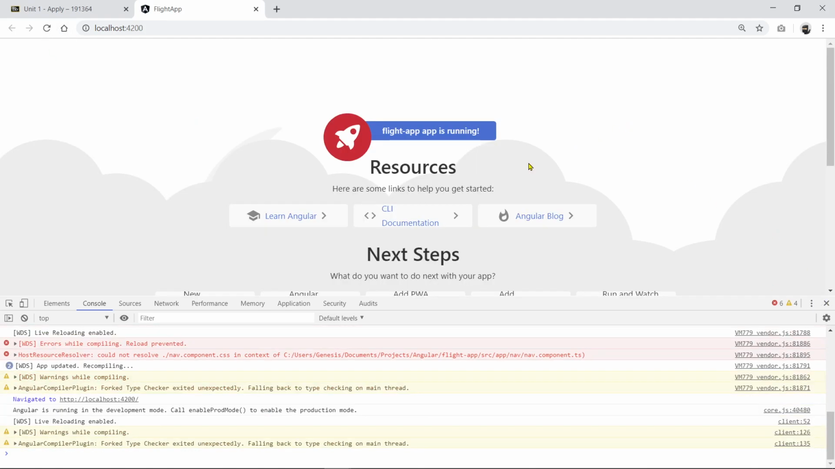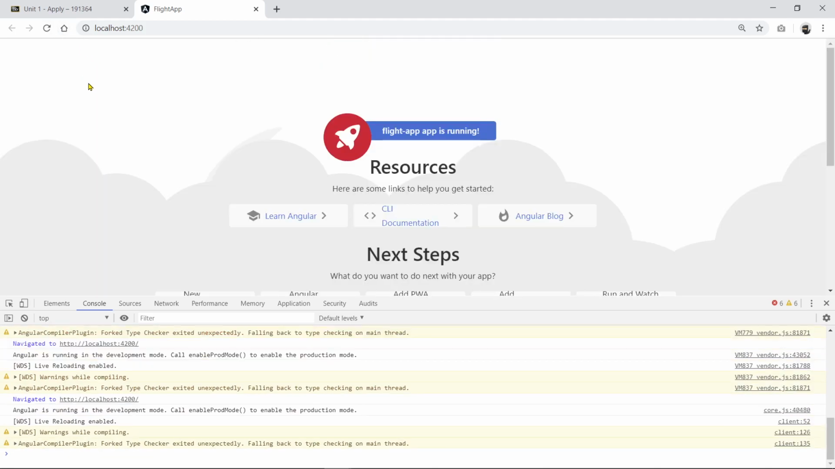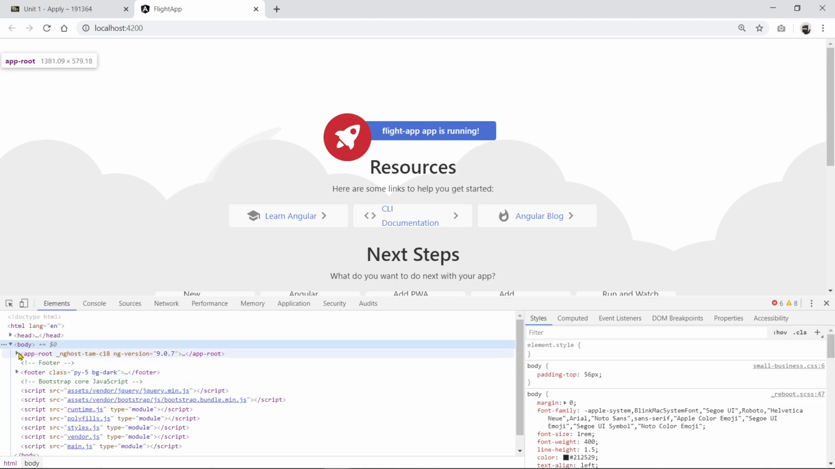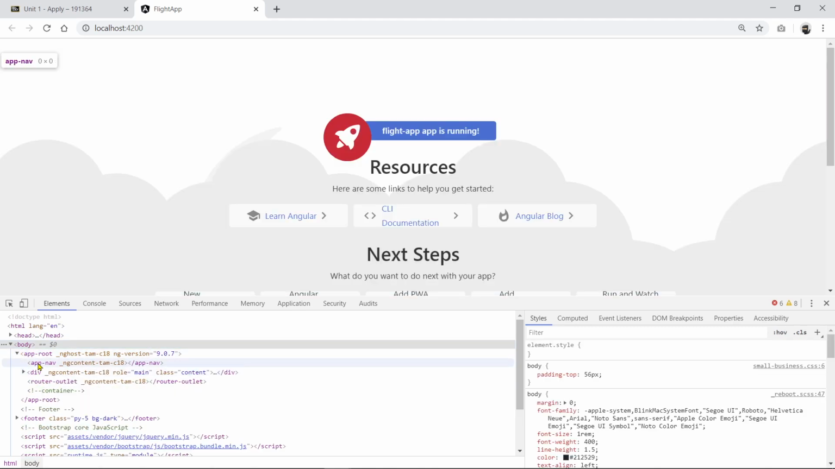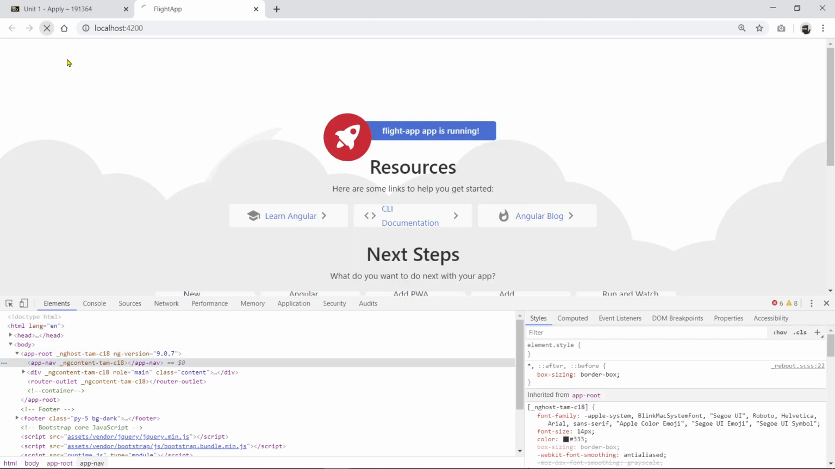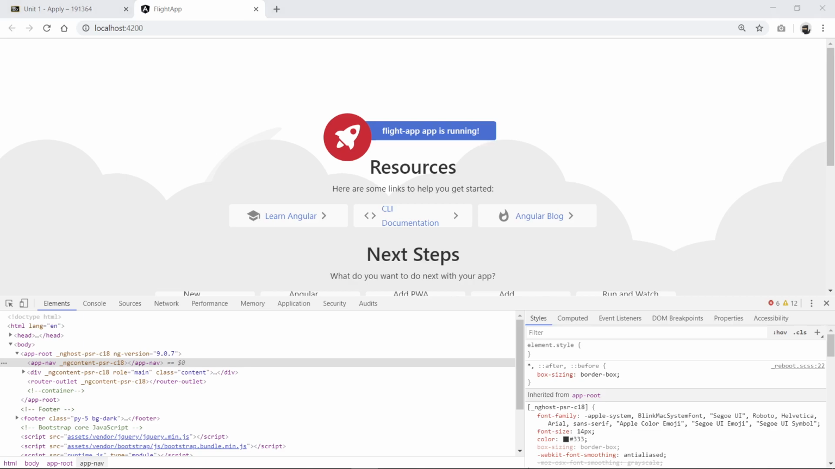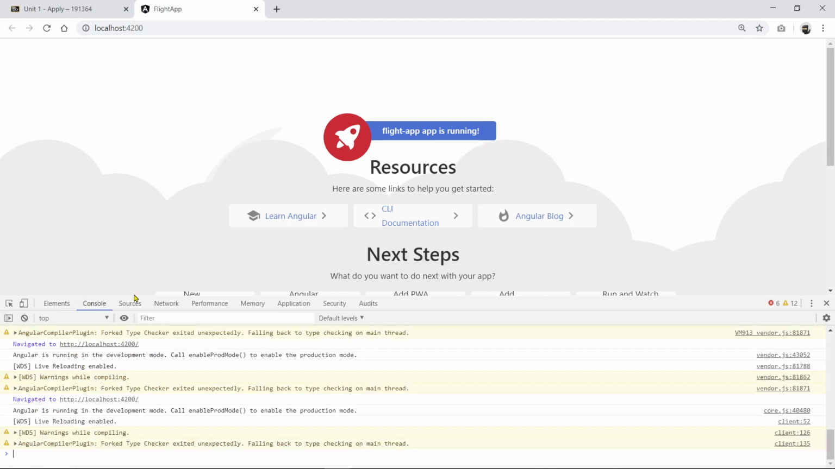And yeah, I'm still not seeing the root here. Just do a refresh a couple times maybe. Yeah, why is it not there? Let me see. App root, app nav is here. We added that here. Might be a caching issue. Okay, yeah, let's see what's going on. Well, I guess there are no errors here, so